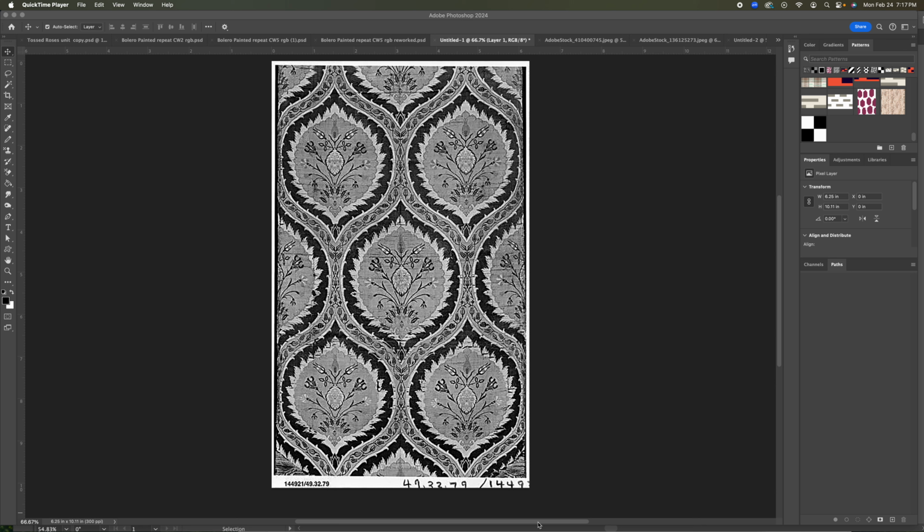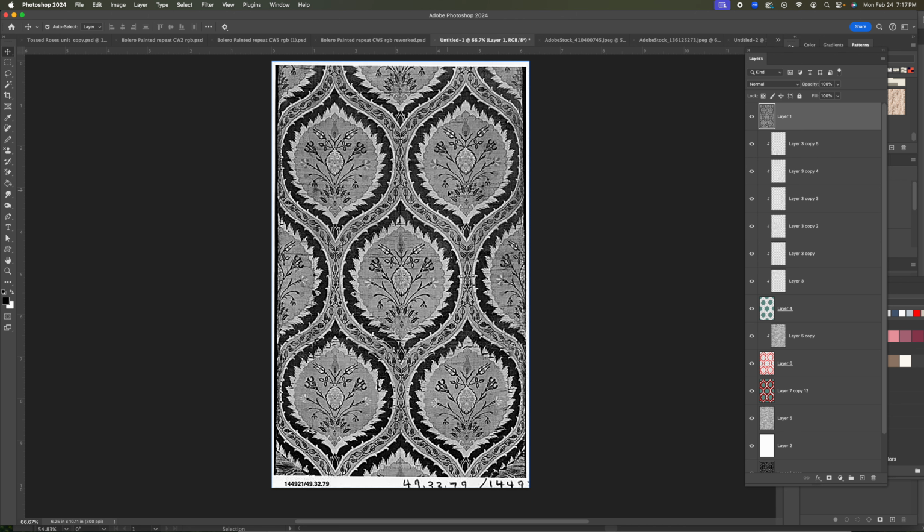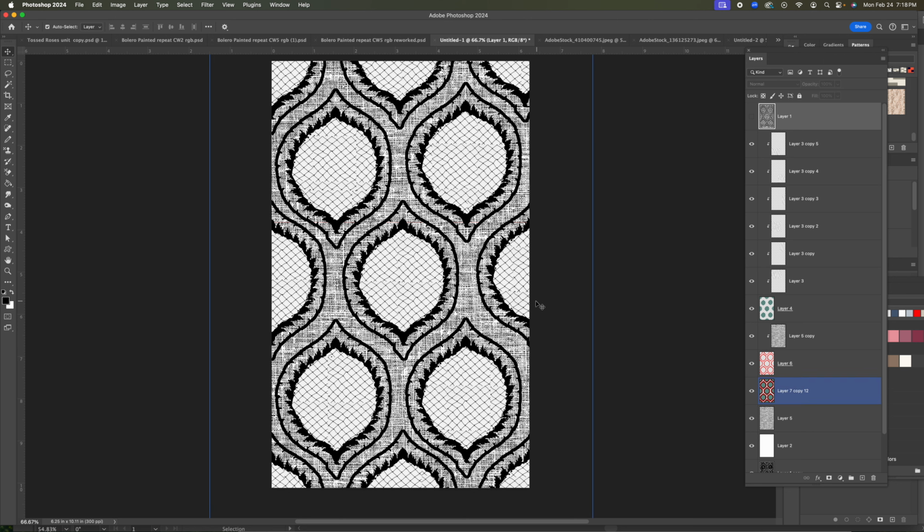Okay, this is a hopefully pretty short video on the second half of the Ogival Pattern assignment. In the first half, you took a reference that you were interested in and broke it down into an abstraction using the textured screens. So this is my version of that, just mocked up in Photoshop. And the second phase of this is that you're going to be developing sort of embellishments, charms, beads, whatever you